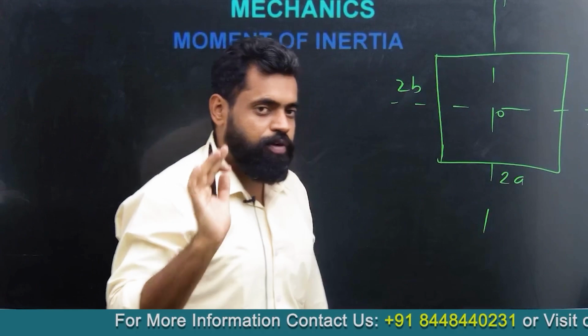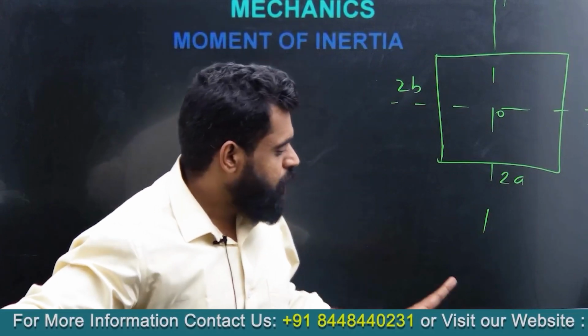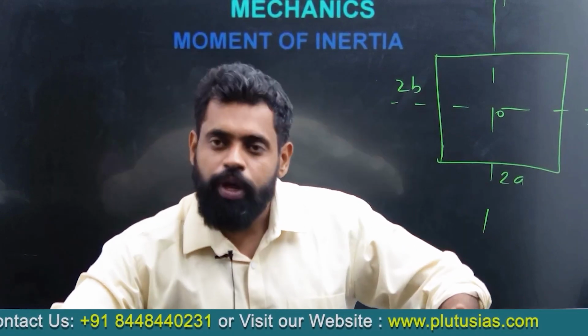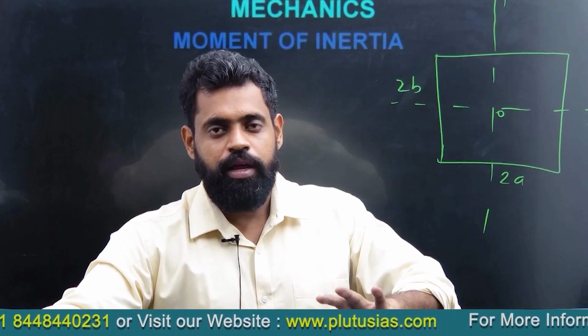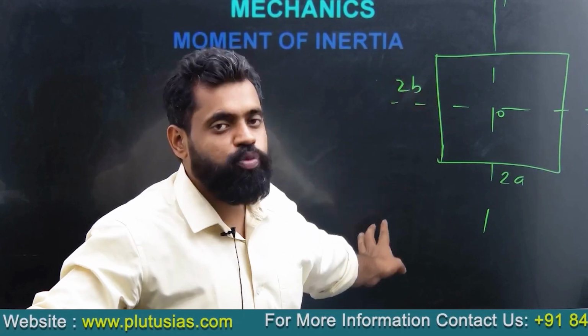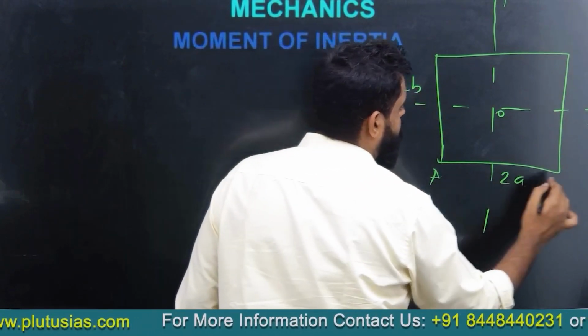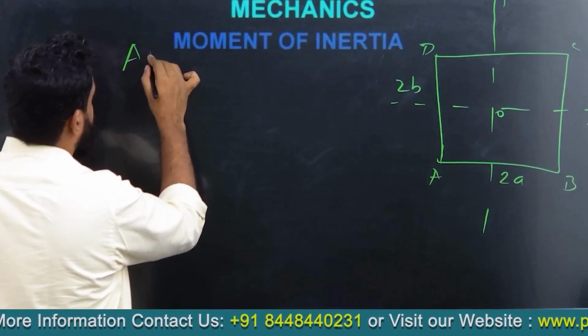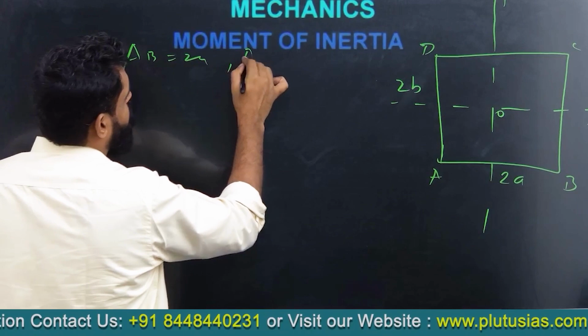Now one thing, from the examination point of view, this comes with experience. Please note that the length is given as 2A or L or A only. In this case, I have taken the length to be 2B. I have taken ABCD, AB to be 2A and AD to be